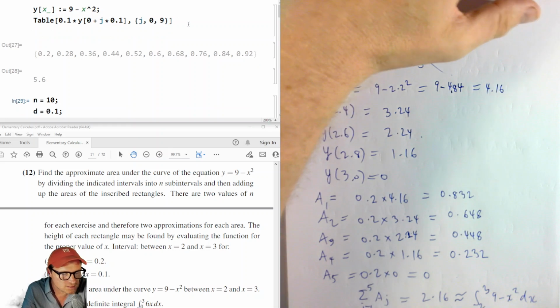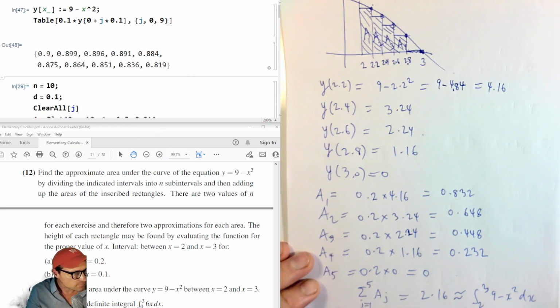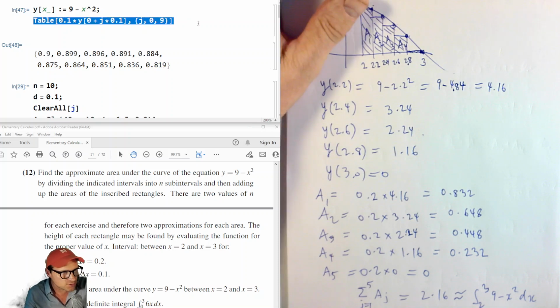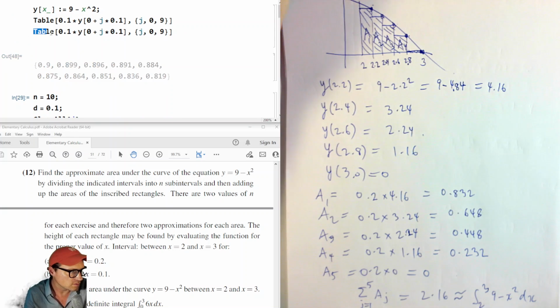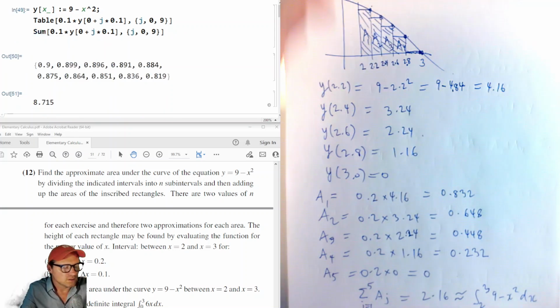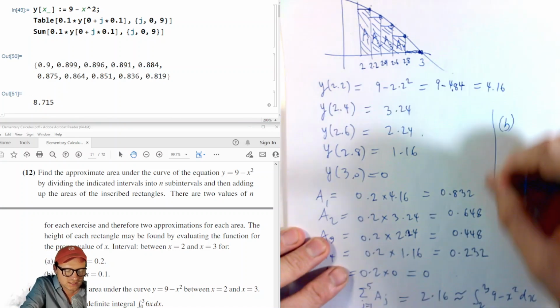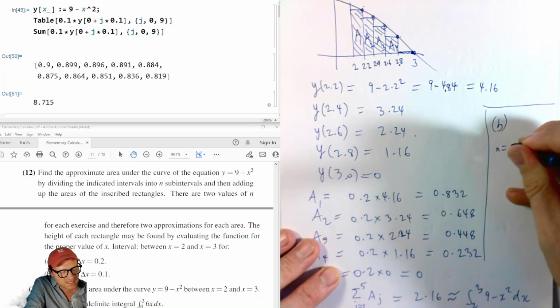All right, let's have a look at these numbers. Okay, yes, this looks fine to me. And now I want to change that list or table into a sum so I can add all of those areas up. And so we get, I'm just going to put this here in the corner. So we've got with n equals 10,